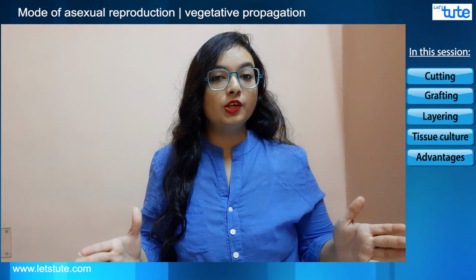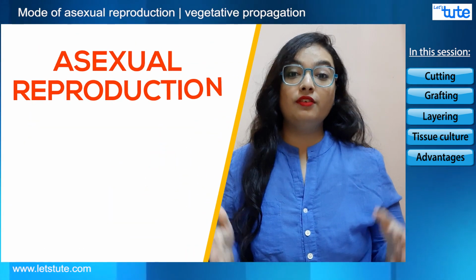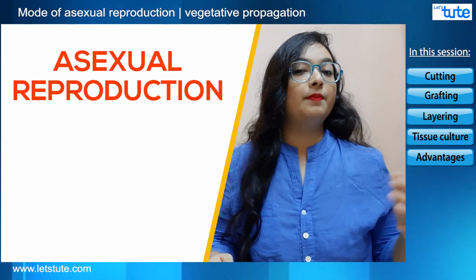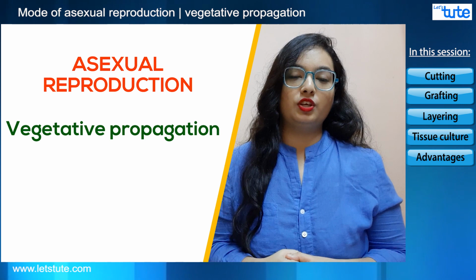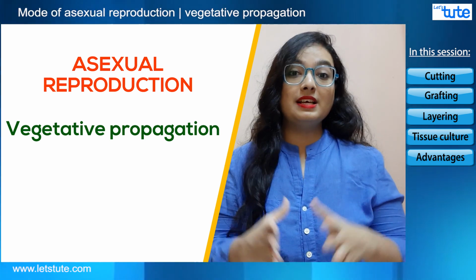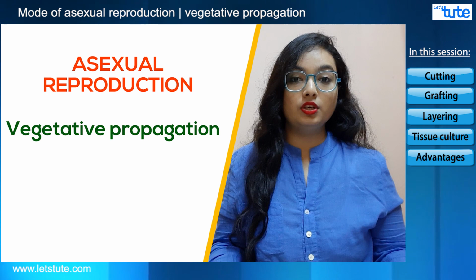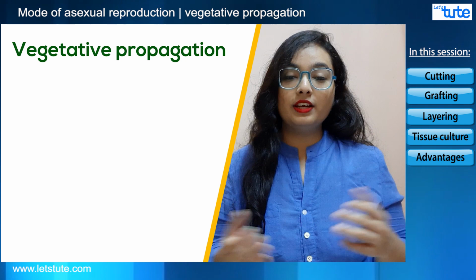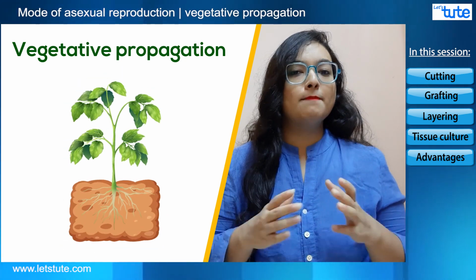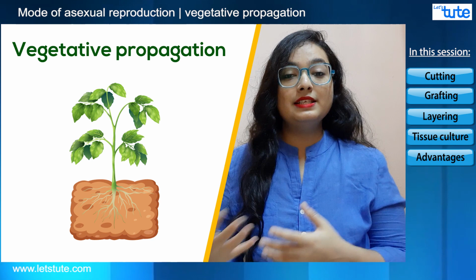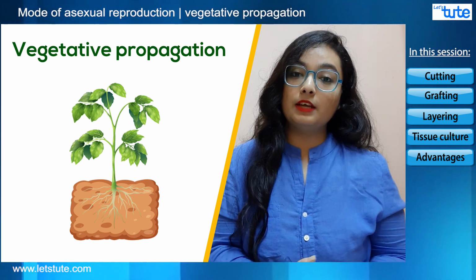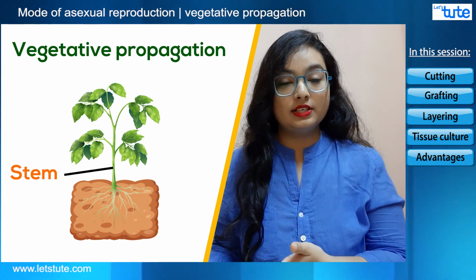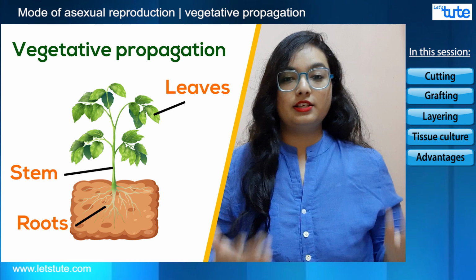So moving on to the next method of asexual reproduction. Now what are we going to learn? We are going to learn something about vegetative propagation. This vegetative propagation is a method of asexual mode of reproduction used by many plants. Yes, not organisms like up till now what we have studied, but plants. So plants can be regrown, and better plants can be regrown using different parts of the plant body. For example, using stems, roots, leaves, etc.